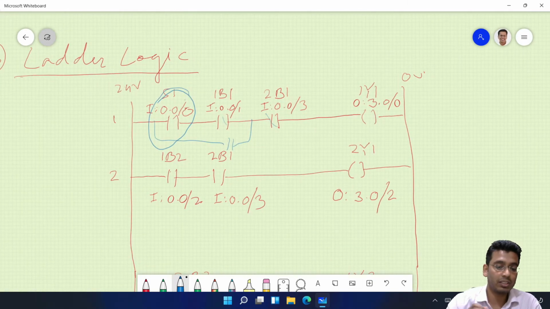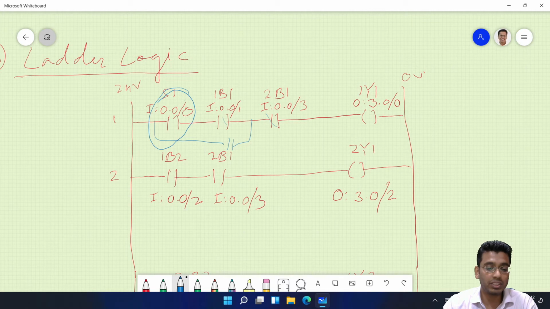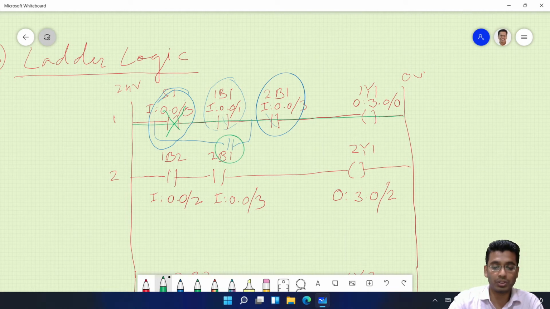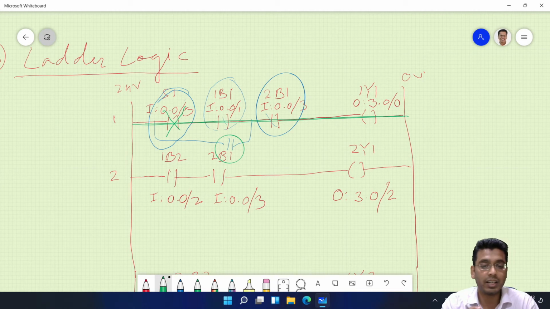Suppose I add switch S1 in parallel. In that case, even the first time, you do not require pressing the switch. Why? Because when these two cylinders are at the retracted end positions, of course 1B1 and 2B1 will initiate, and this switch is basically not in this position. If you place it in parallel, then you will still have current flowing through this. Are you getting my point? Yes, sir.